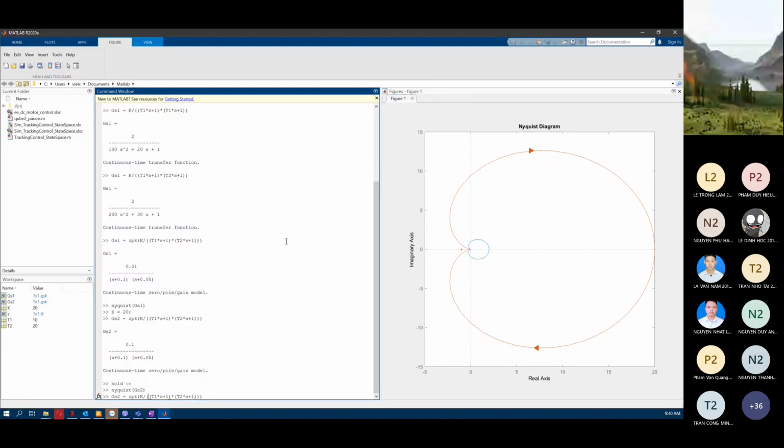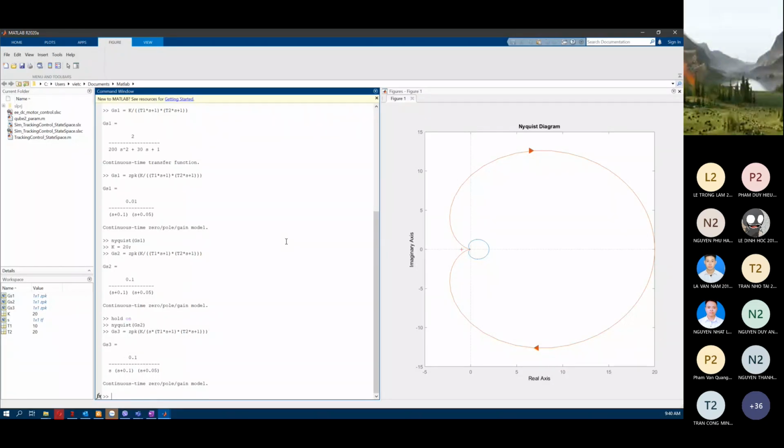Now we add here G(s)3, and we add one pole on the imaginary axis. Then we see G(s)3 with s in the denominator. Okay, and then if we try to draw the Nyquist diagram of this one,